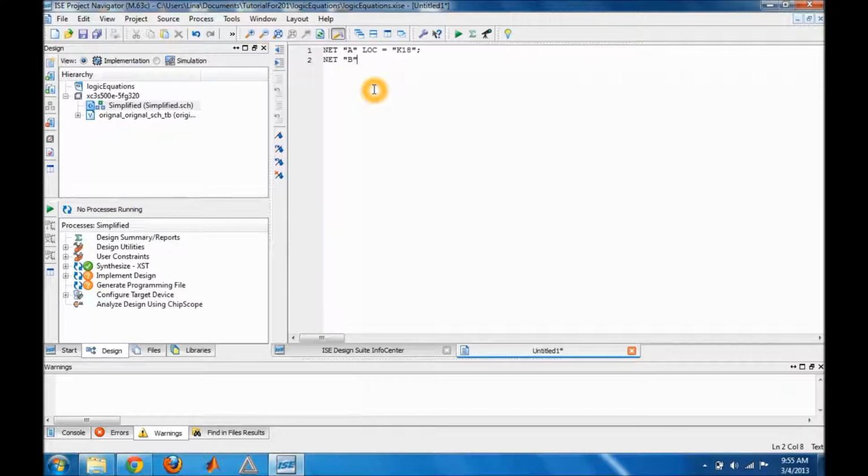My next input is B, and then LOC for location, and that will be H18, the next switch, and then I'll continue. The way you can see the pins on your board is, for example, if you look at your switches, on top of the switches there's SW0, SW1, SW2, and on the bottom of each switch there's a tiny number in between parentheses. That is your pin. So if you look at switch 0, the pin is G18,